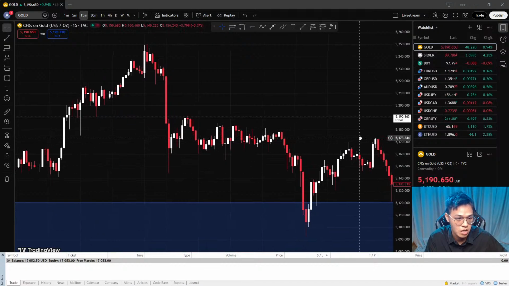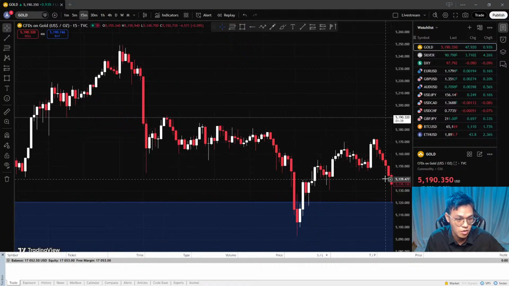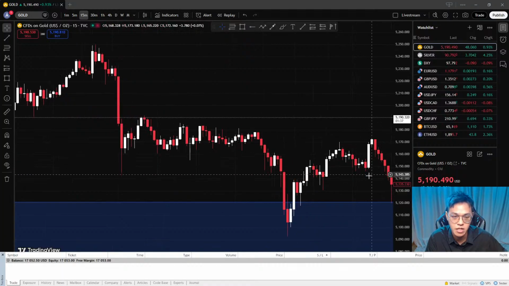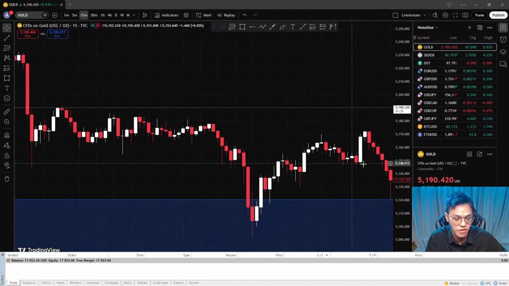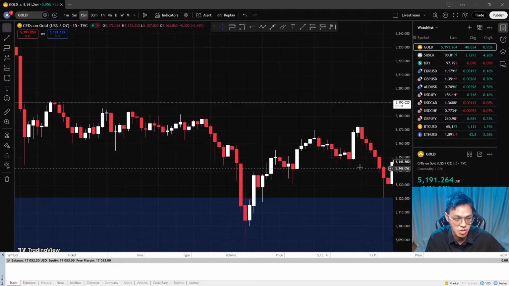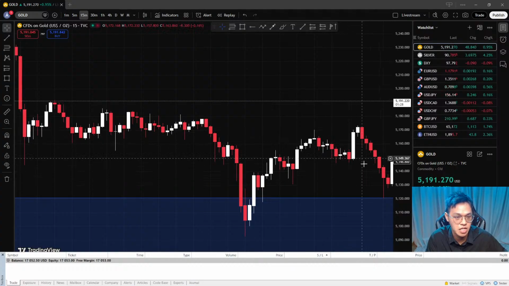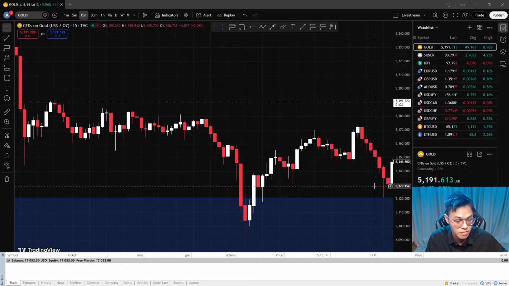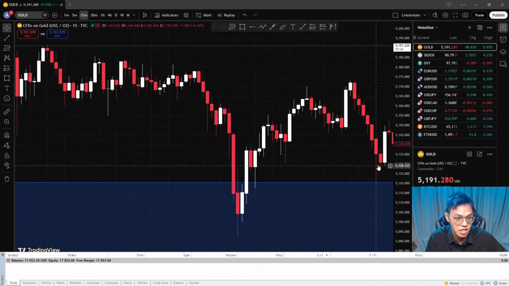structure. After that, the price broke through this significant low, this support level. I think that is a first signal that the price wants to drop. But after that, you guys can see,